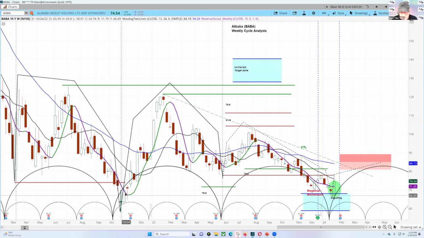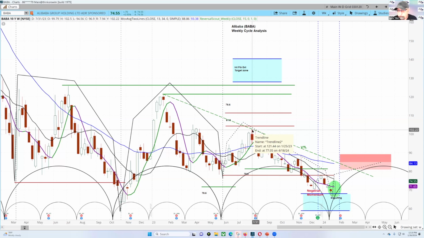A couple of weeks, it moved up a little bit and then turned up very sharply. Of course, this move right over here was from 60 to 120. That was a double just in the first part of this cycle right over here. This one over here was from around 77 to around 102. So that was about a, what was that, 45% move. So this could be a big move in here.